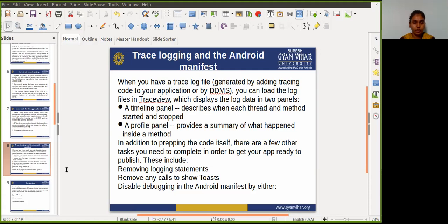Remove any calls to show toast and disable debugging in the Android manifest by either removing the android:debuggable attribute from the application tag, or setting the android:debuggable attribute to false. Also remove all debug tracing calls from your source code files, such as startMethodTracing and stopMethodTracing.